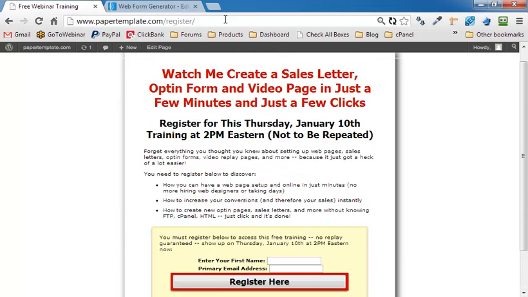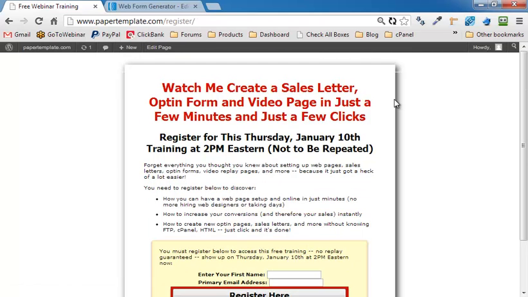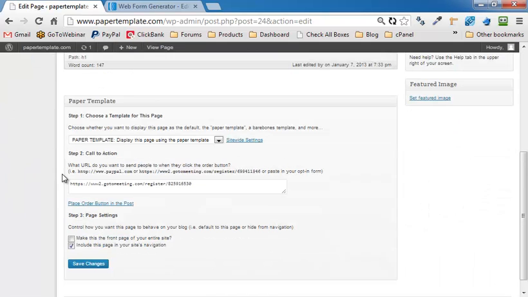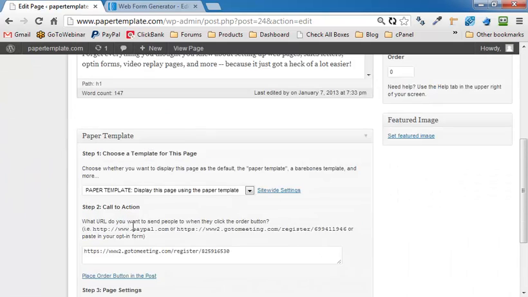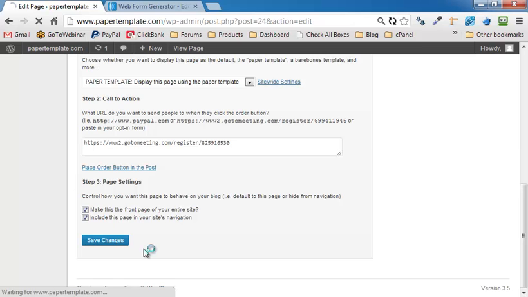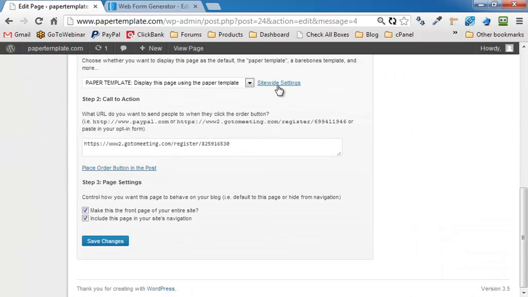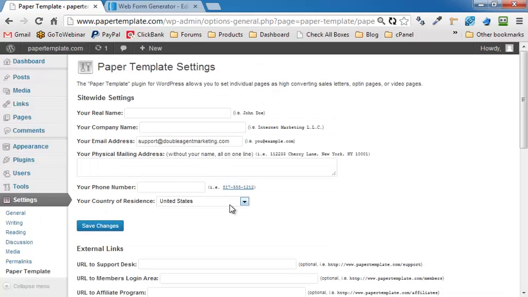So we're going to be promoting this. Here's the URL, papertemplate.com/register, and just to make it easier, what I want to do is make the webinar page the front page, and then switch to the sales letter later. So edit page, scroll down, and make this the front page of your entire site. Save changes. And I haven't even gotten into the really cool stuff, which is where you can fill in